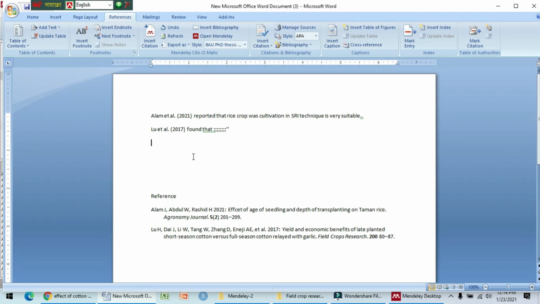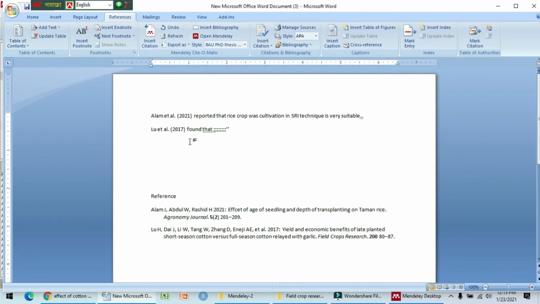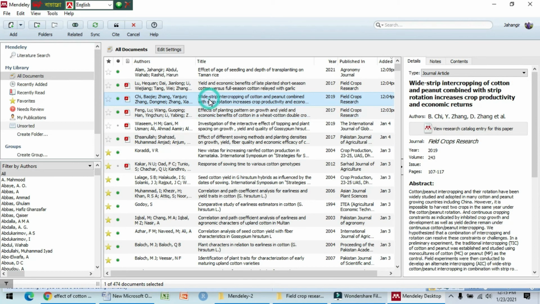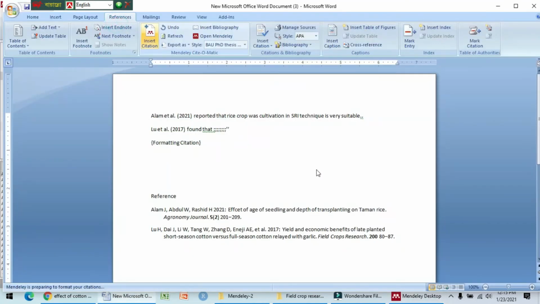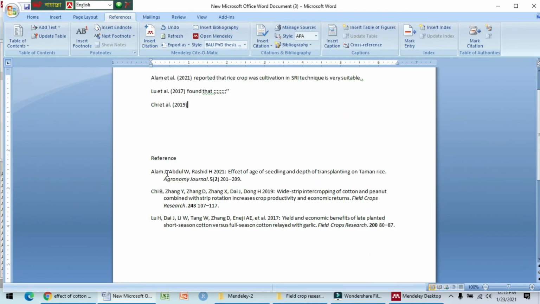So it is not found because it is deleted. Now we can again insert, and it is alphabetical and year wise.